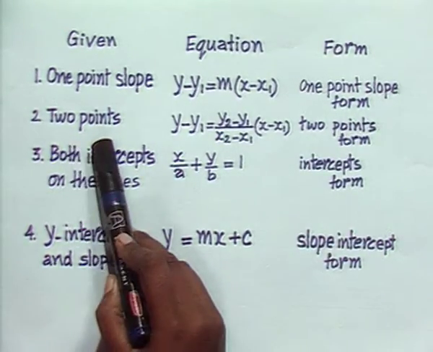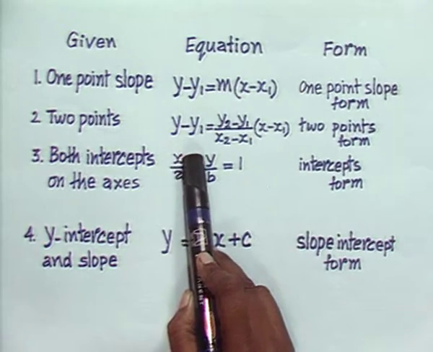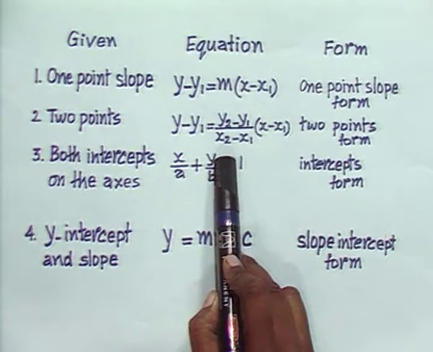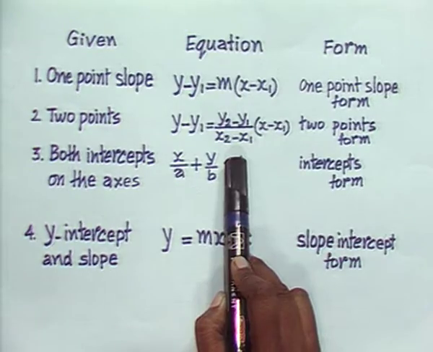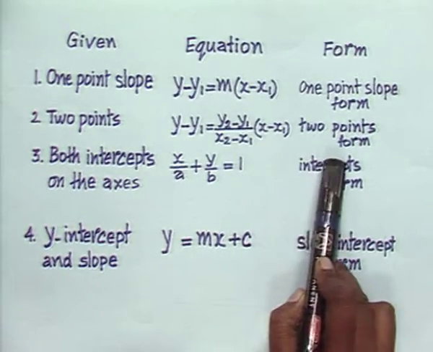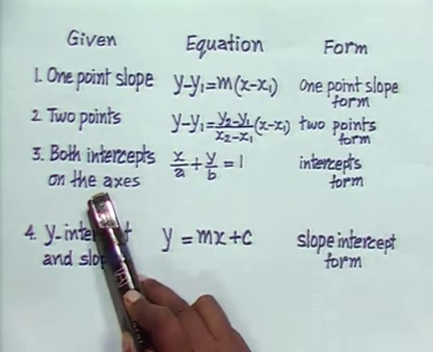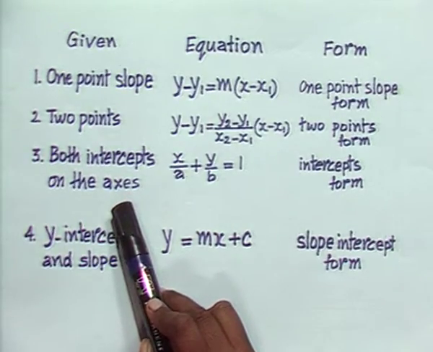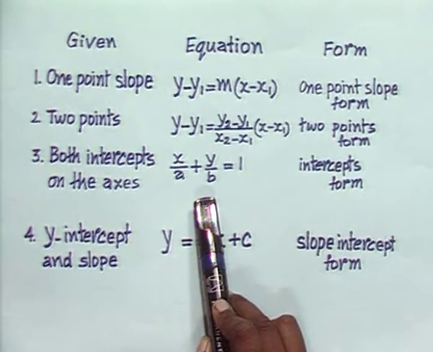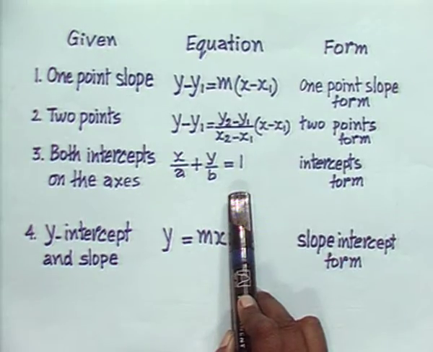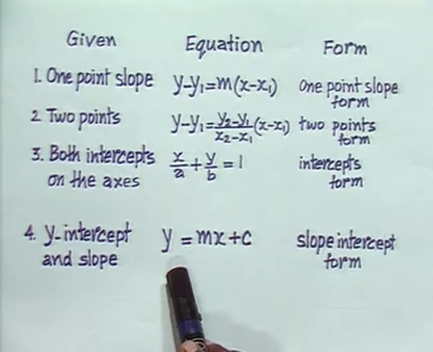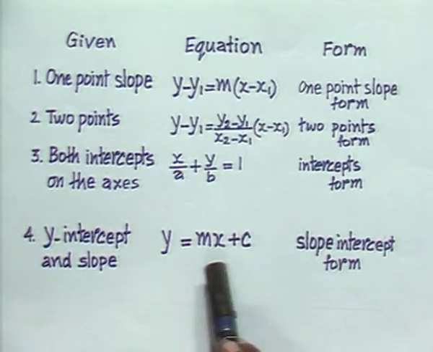If 2 points are given, then equation will be y minus y1 is equal to y2 minus y1 upon x2 minus x1 into x minus x1, and this is 2 points form. But if we have both intercepts on the axis, then equation will be x upon a plus y upon b is equal to 1, and this is intercept form. If we have y-intercept and a slope, then equation will be y is equal to mx plus c, and this